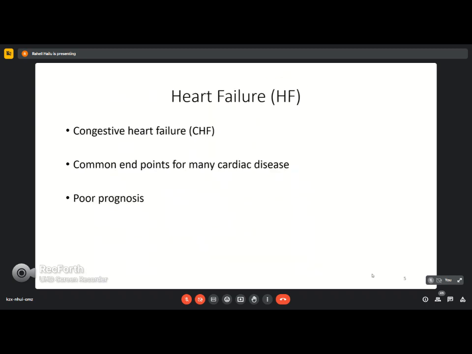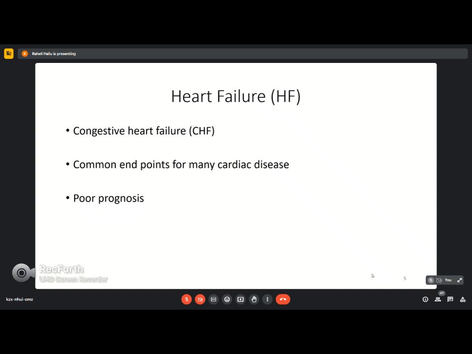The heart, because of different mechanisms, in any one of these mechanisms, cannot manage to supply the peripheral demand. And it's the common endpoint for many cardiac diseases. If any cardiac disease ends up at the level of heart failure, which usually ends up being congestive, we'll see why it's called congestive. If it ends up being a congestive heart failure, then it usually has a very poor